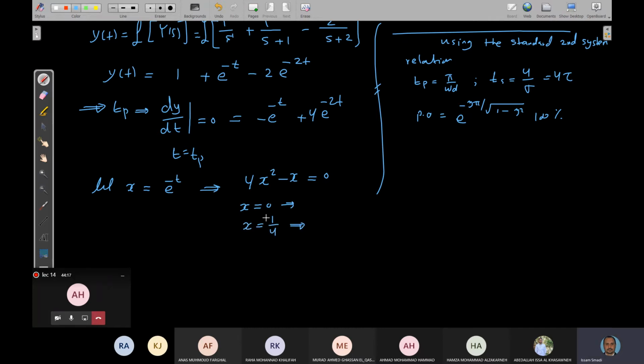If x equal to 0, this means that exponential of minus TP is equal to 0, and this means that TP is equal to infinity. Now, the second one, if I choose x equal 1 over 4, exponential minus TP equal 1 over 4, this will give me that TP